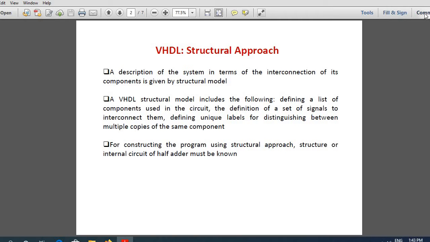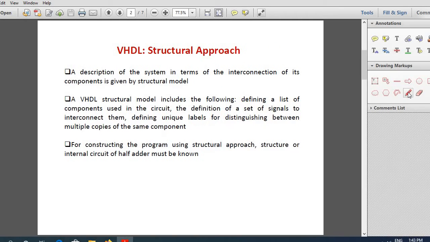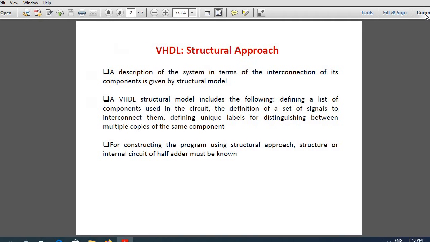So, first of all, we need to know what is structural approach. In the VHDL structural approach, the program is written using interconnection of components.